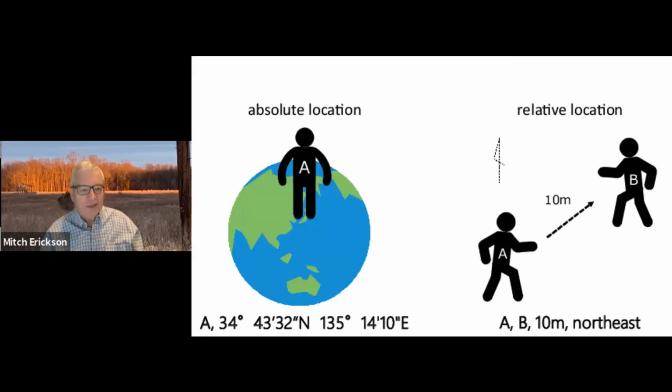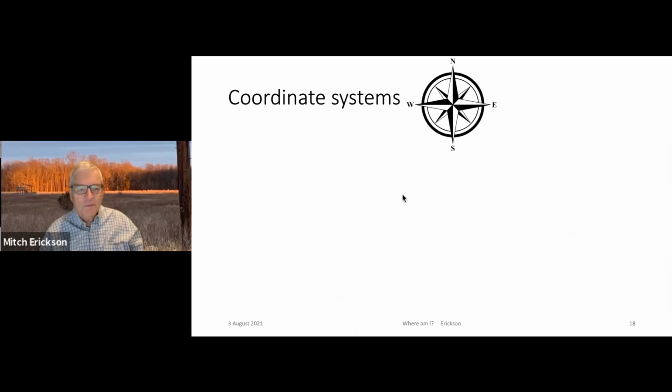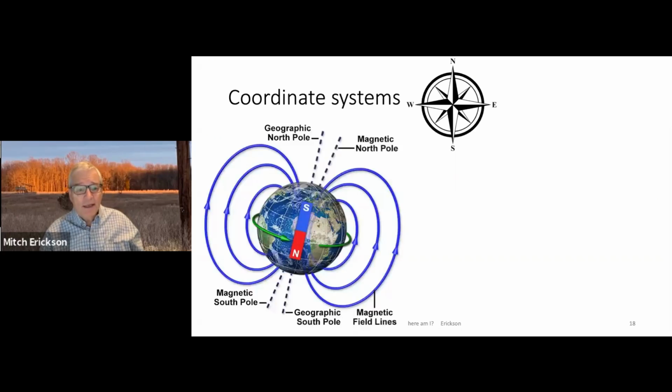There's two kinds of location, absolute and relative. The absolute is shown on the left with the old-fashioned degrees, minutes, seconds location. And then, of course, it's much easier to do a relative location for short distances, where we're talking about 10 meters northeast between A and B. Simple little example, but relative location is a lot easier to compare than absolute, but we also need to know our absolute location. So coordinate systems, of course, classic north, south, east, and west, but our Earth has a magnetic